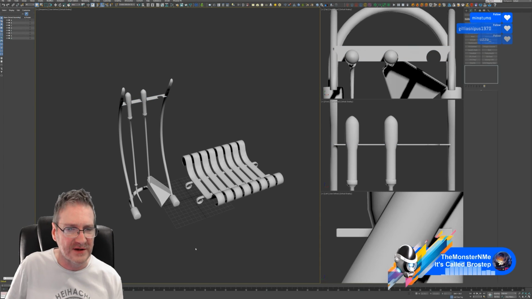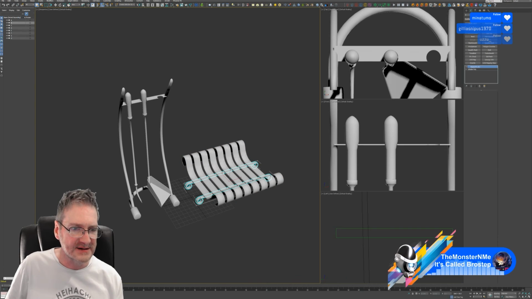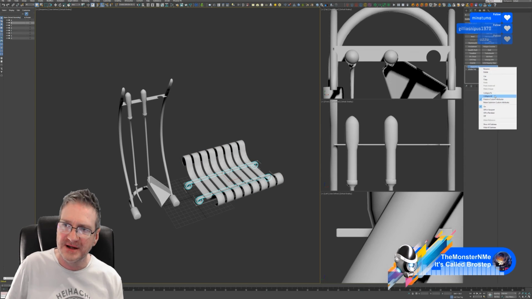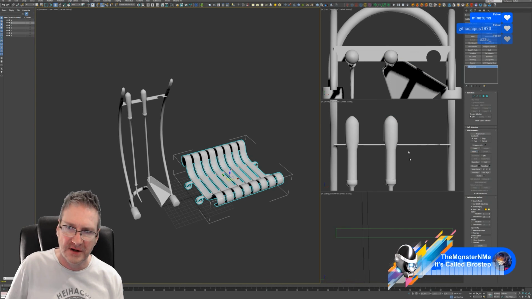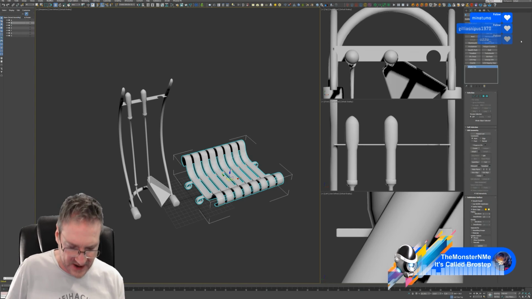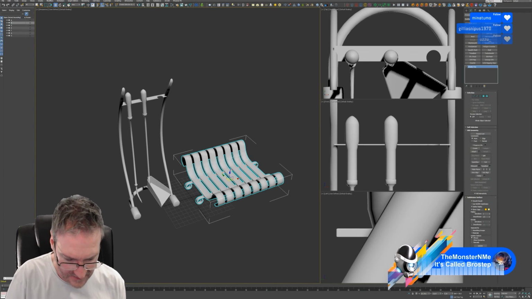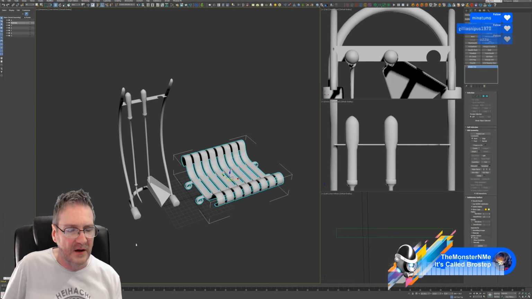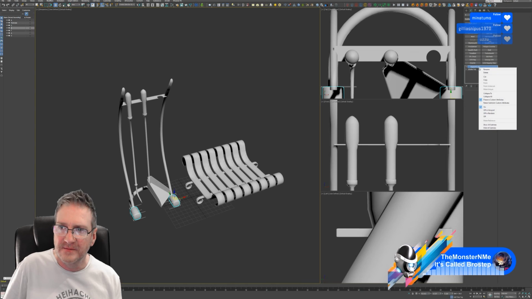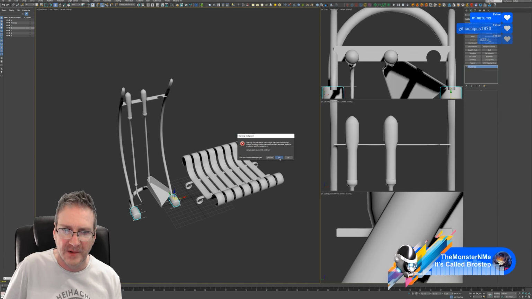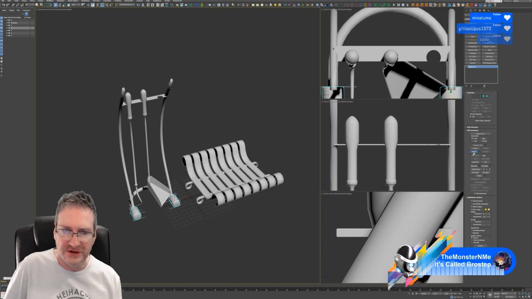All right, now we're going to attach these pieces together, and then this is going to be a separate piece because this is going in the fireplace. So let's attach these two pieces together. I'm just going to collapse my stack and attach. And we're going to call this one Fire Grate. And then these ones, we're going to collapse our stack and attach.